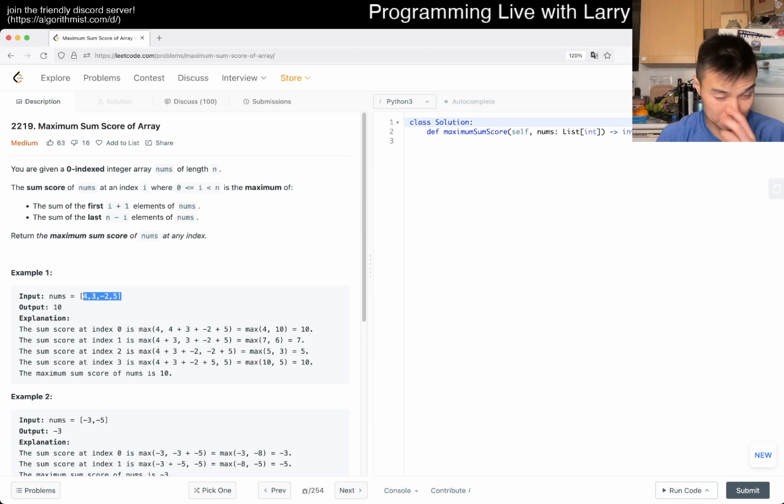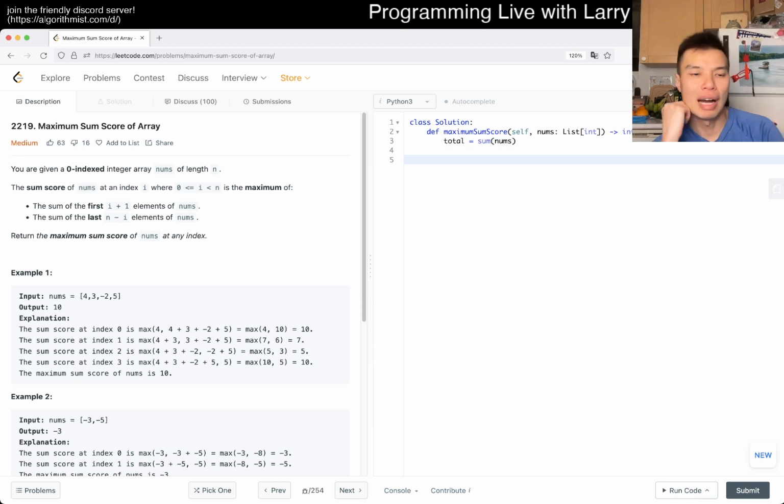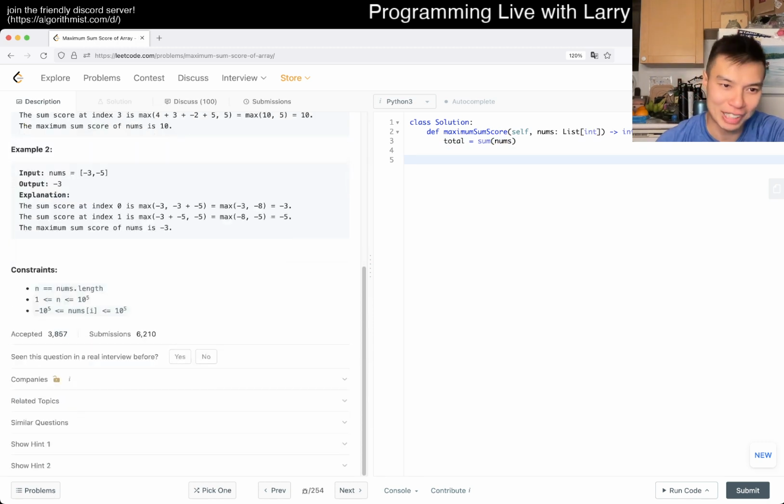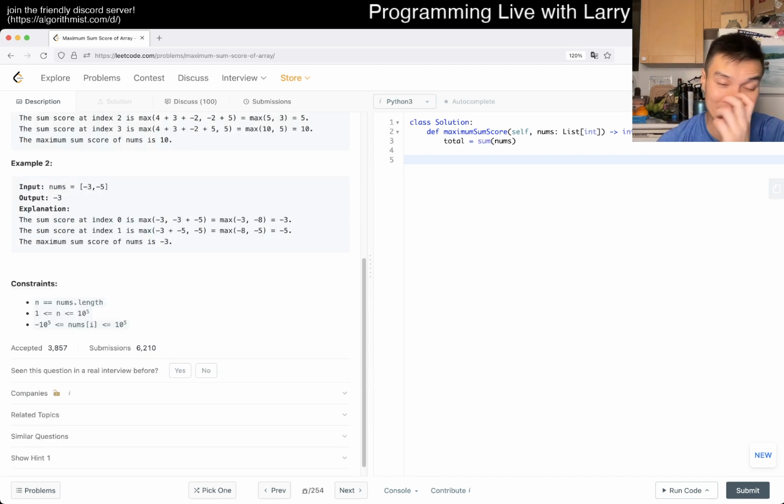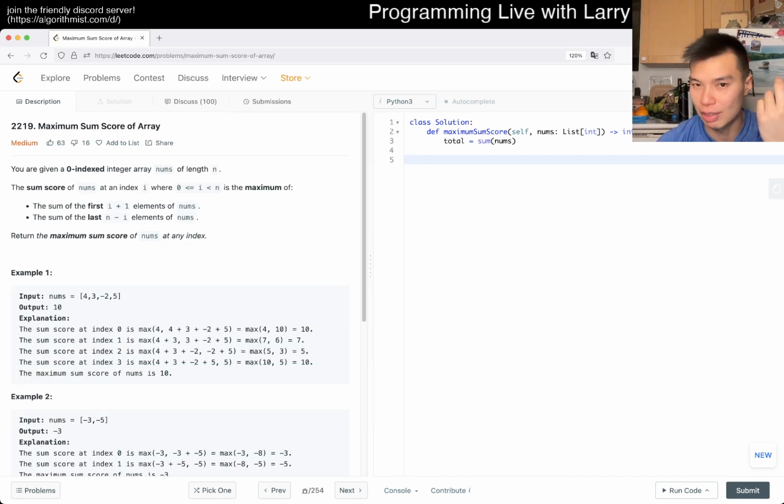Is this really a medium? It just seems like a scan, right? Almost like a prefix sum, but it's not even really a prefix sum. The first thing I should have looked at is n, and n is big enough. That's what I thought. Because if it were just n squared, then this is pretty straightforward and trivial, and I would have saved some time.